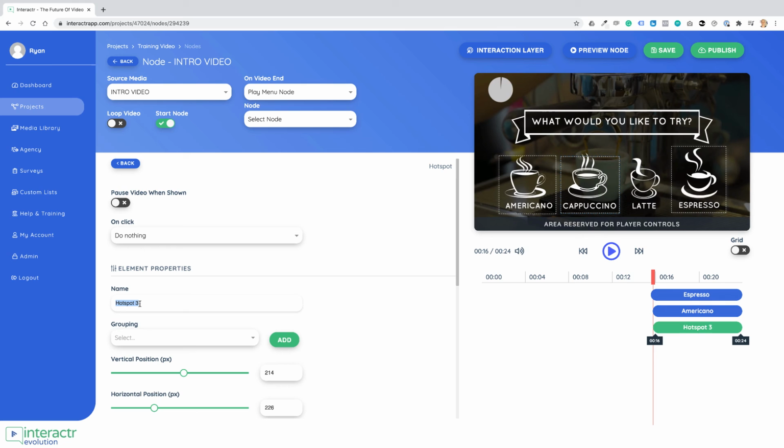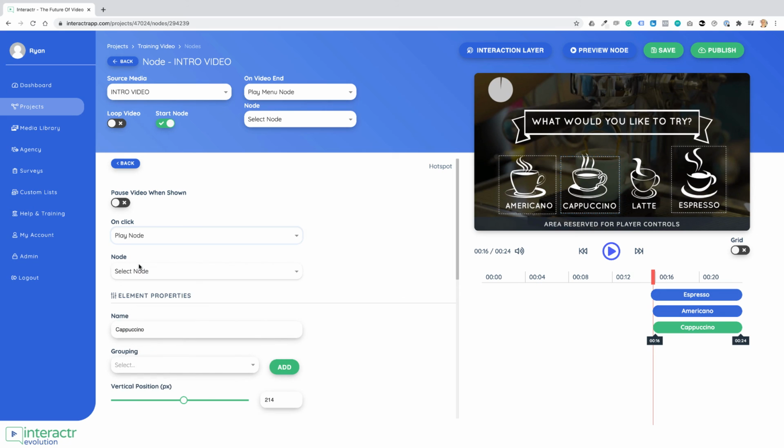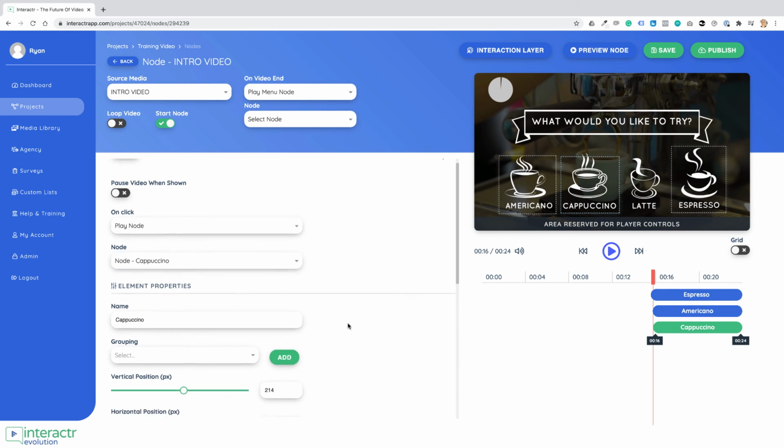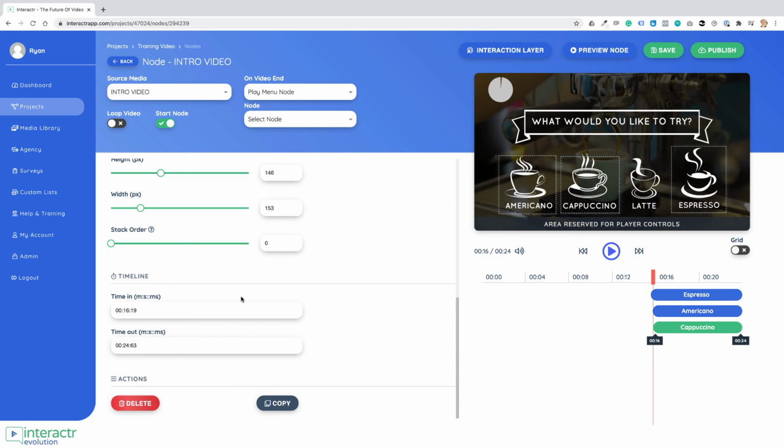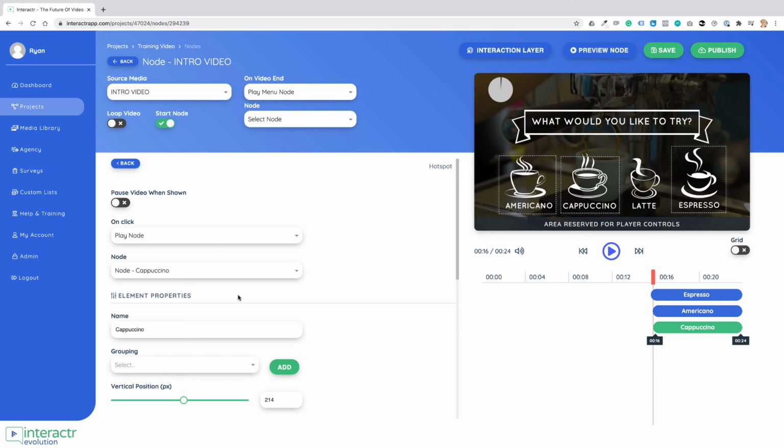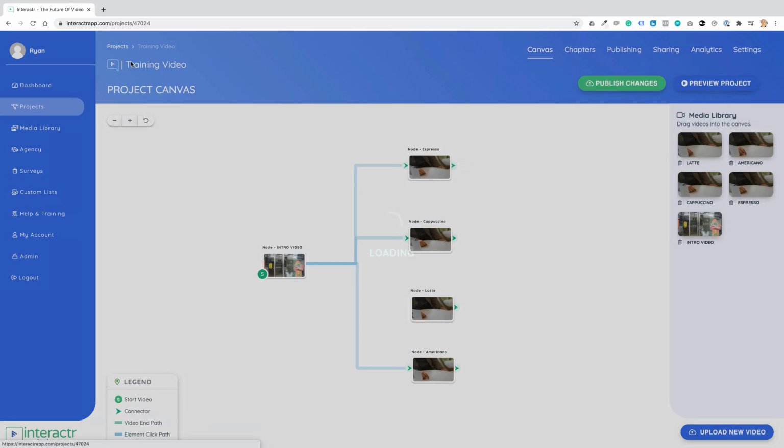So I'm going to name this cappuccino. On click, I want it to play the cappuccino node. Okay, and there we have it. We can change the height, the vertical position, all of that stuff, but we don't need to go into that much detail. We just need it to be on there. Again, if I go back, it's now created the cappuccino